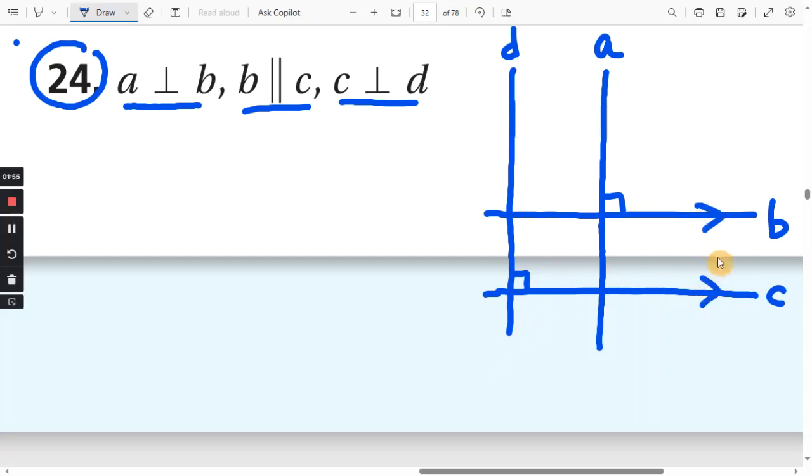If these lines are parallel and it's perpendicular here, then it has to be perpendicular here as well. Because since these are parallel, these are corresponding angles right here. Same with this right angle. But it actually doesn't matter. You can take this right angle and write it here, but it doesn't matter. We can see that D is parallel to A. Okay, and that is because they are both perpendicular to line B. They make a right angle with line B. So D is parallel to A